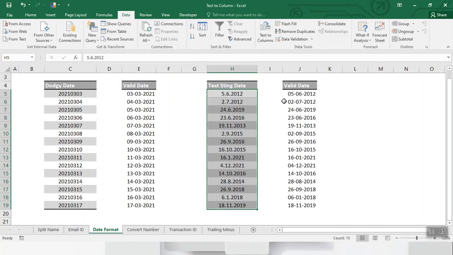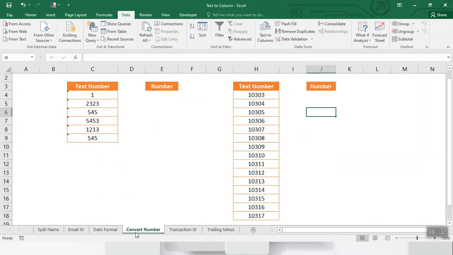Sometimes when you import data from a database or other file format, the numbers are converted into text format. There are several ways this can happen: having an apostrophe before the number, and getting a number as a result of a text function like left or mid. Let's take an example.